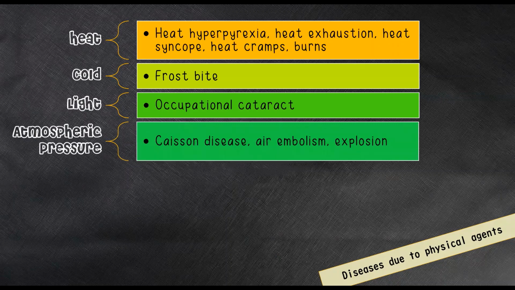Atmospheric pressure, as I have explained kanina, Caisson disease, it happens when there is a rapid na exposure to high and low atmospheric pressure. So what happens in decompression disease is the nitrogen gas dissolved in our blood and in our tissue will come out and will form bubbles in our tissues. When bubbles are formed, it can cause so much pain. Pag sa lungs ang bubbles na na-form, it can cause breathlessness, difficulty in breathing, or pag sa brain, it can cause, una niyan, headache, dizziness. Pag hindi pa talaga ma-address yan, it can cause